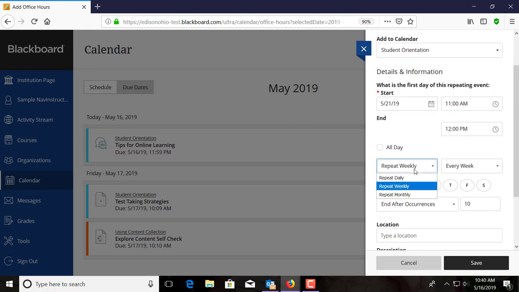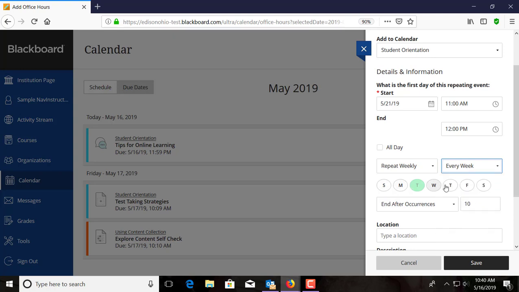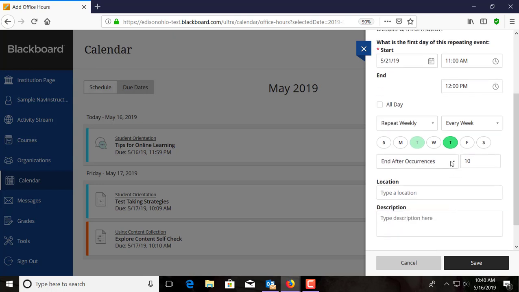You want it to repeat daily, weekly, or monthly. We're going to go with weekly. You want it to happen every week, or every 2 weeks. You could choose whatever fits for you. Down here you can actually add days. Say you're going to have them every Tuesday, and we'll say Thursday of the week. And you can decide how often it'll occur. So maybe it'll end after